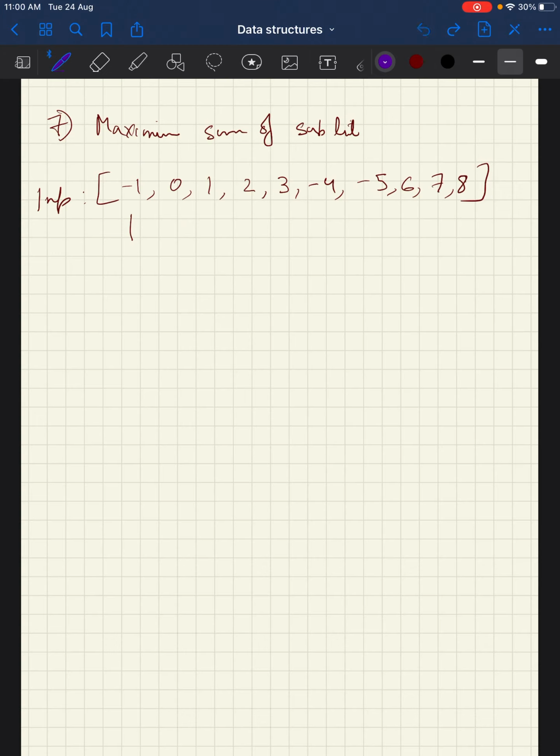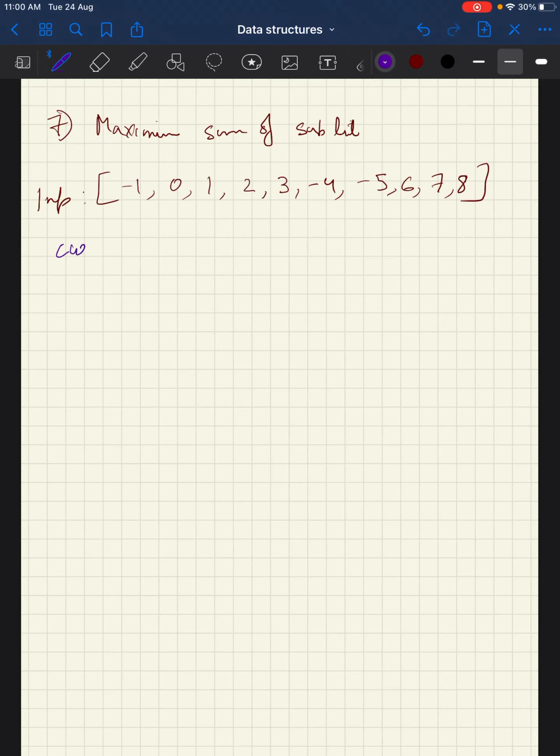What we should be trying to look at is, let's say when we are at index 1, we should have already computed what is the maximum possible value until this particular index, right? So if we have it, then we don't have to recompute things again from scratch. We can just either append to it or just discard it if it is, let's say, a negative value or something like that. So I'll explain the way in which the solution works right now.